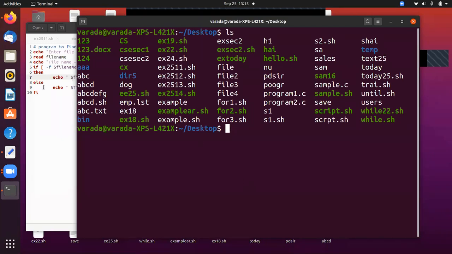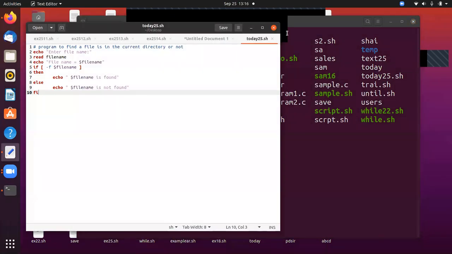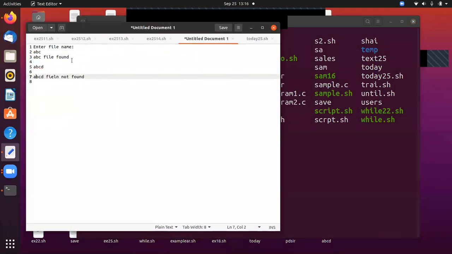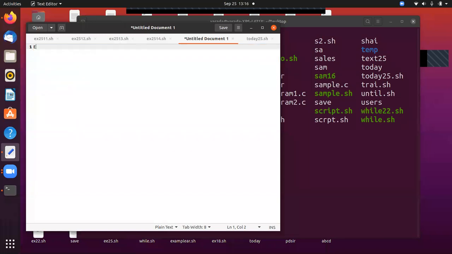So that means in this document I write like this: enter directory name, then I give the directory name. For example, bin is available. Now it displays bin is found.